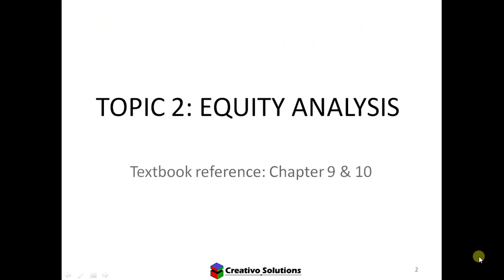We've moved away from topic number 1. We're focusing now on topic 2, which is specifically looking at equity analysis. Please note that when we're focusing on equity analysis, we're looking at equity as a form of investment. Because we look at investment management, we look at assets we can consider that's going to generate a future return